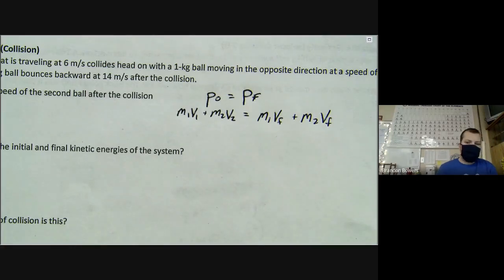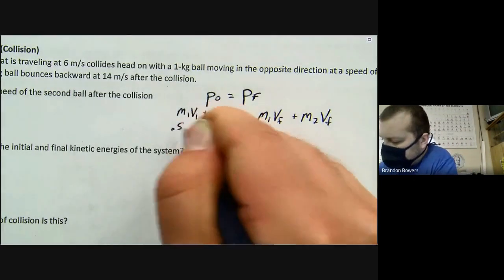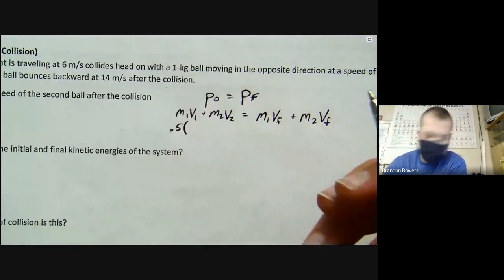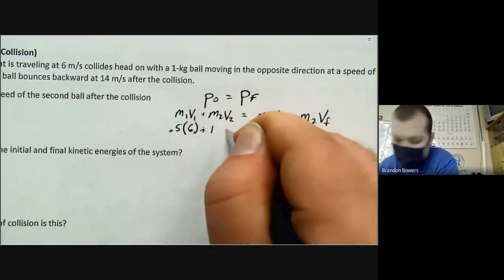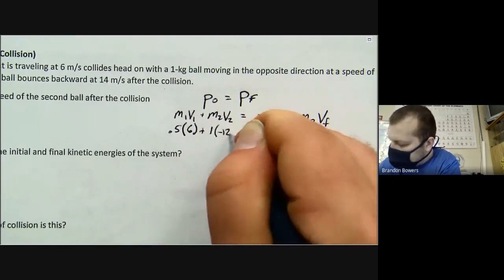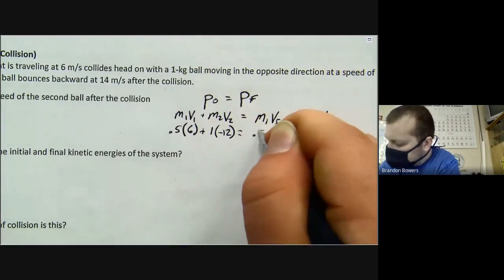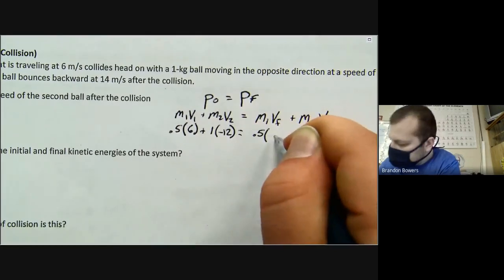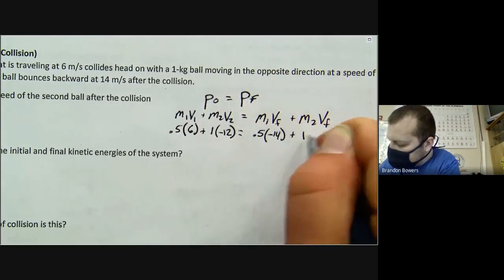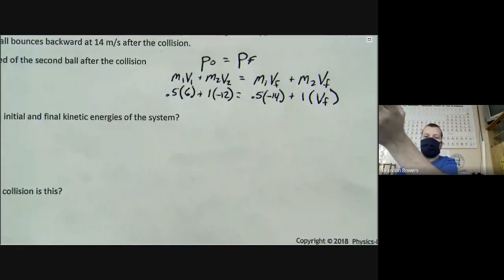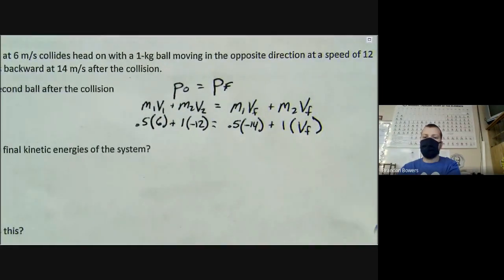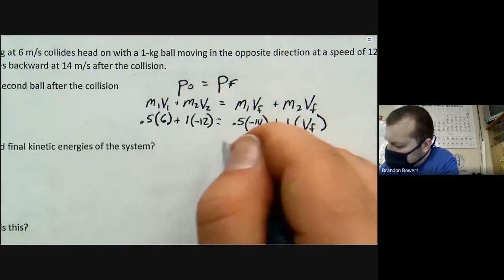Okay, let's see what we got. 0.5 times 6, plus 1 times -12, equals 0.5 times -14 plus 1 times velocity final. Hopefully it looks something like that. So when you solve for velocity final,